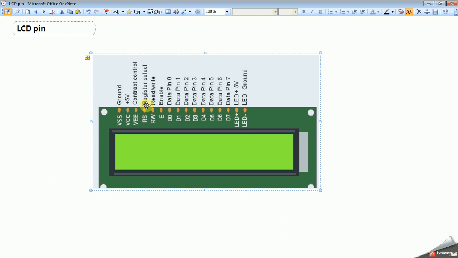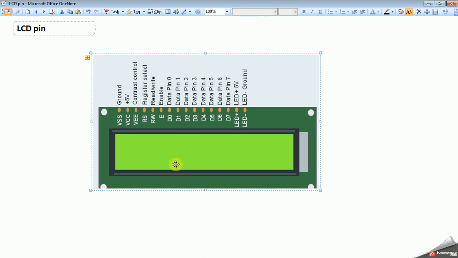There are different LCD commands required to operate this LCD. These are the LCD commands. For example, if you want to write data in the first row, the command is 0x80. If you want to write data in the second row, then the LCD command is 0xC0.